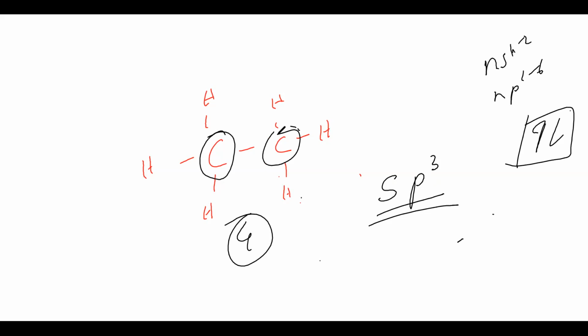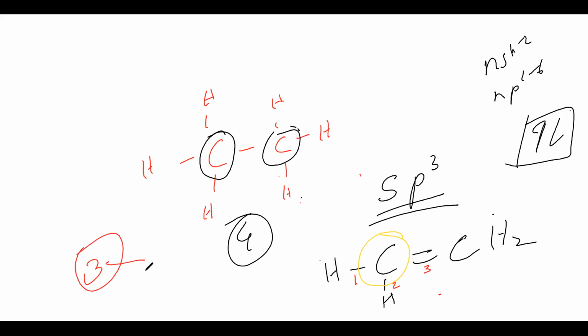One more example I'll tell you. Let us take C double bond C, and here I'll just put H and H. Here is one more CH2. What about this carbon? What is the hybridization of this particular carbon? How many single bonds are there? Number it. 1, 2, and 3. We don't count the double bond. So totally how many are there? 3 are there. Out of 3, S can hold how much? 1. So how many remaining? 2, sp2. For the benzene ring, it's very clear that it is sp2 because it has a double bond.